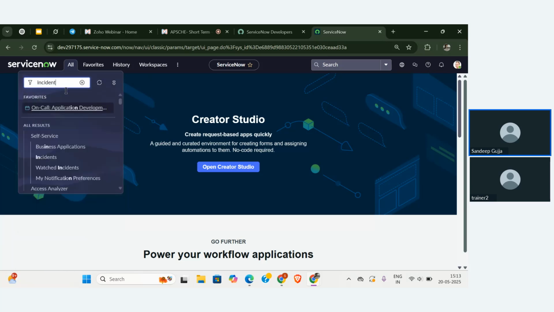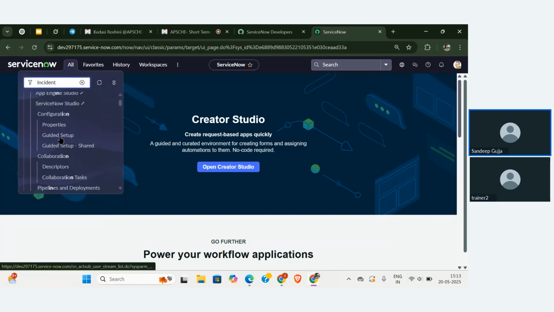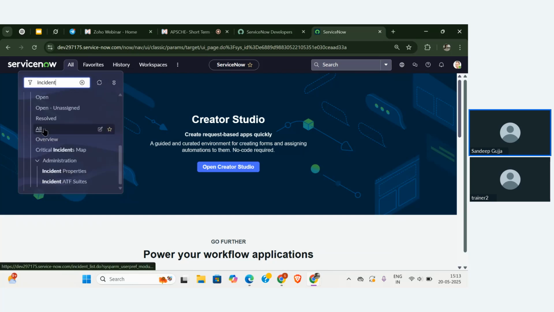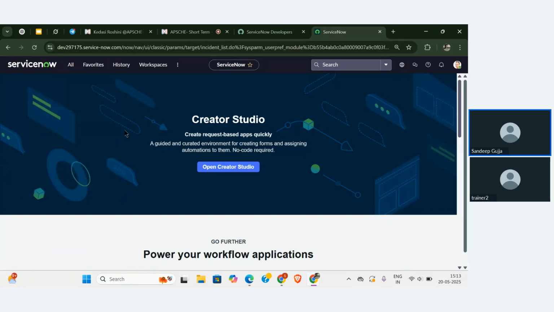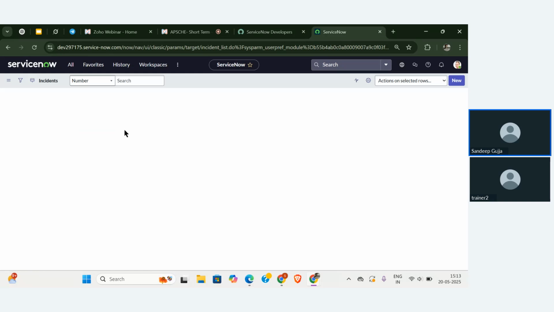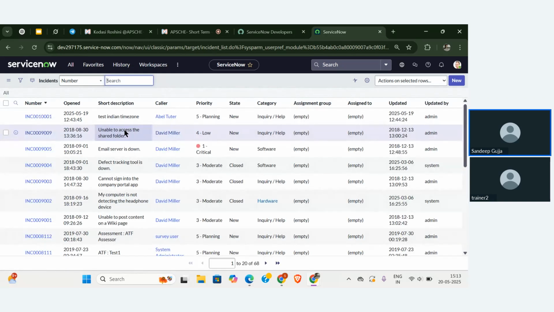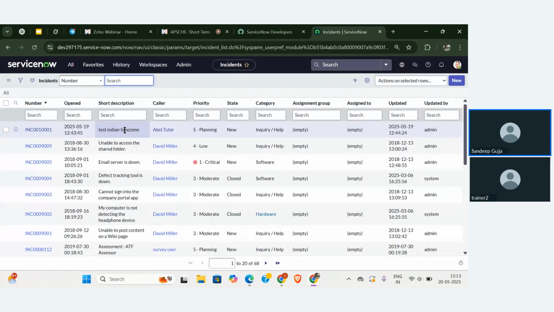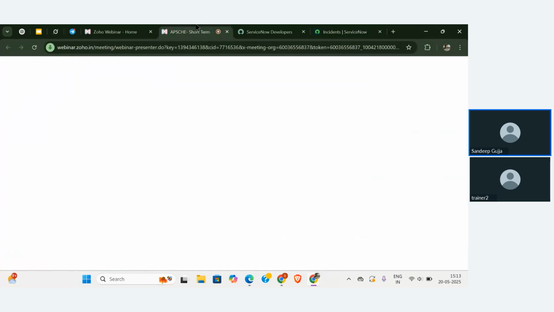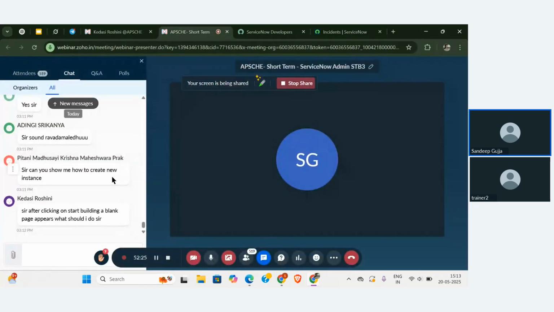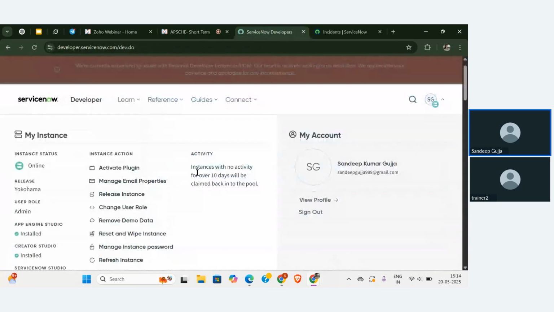Let me click on incidents. If I want to see the records in it, we already have multiple records given in this account. That is nothing but demo data. If you want to remove this demo data, we have an option called remove demo data. We can use that option to remove it.